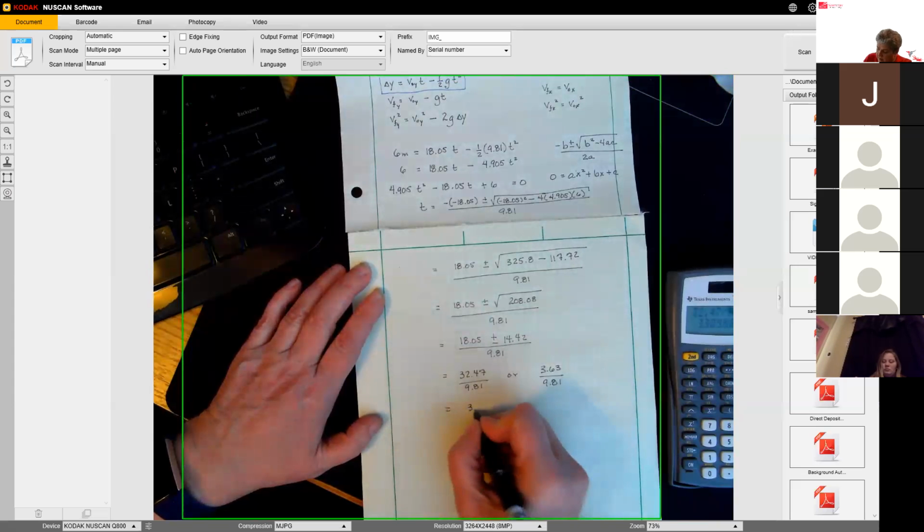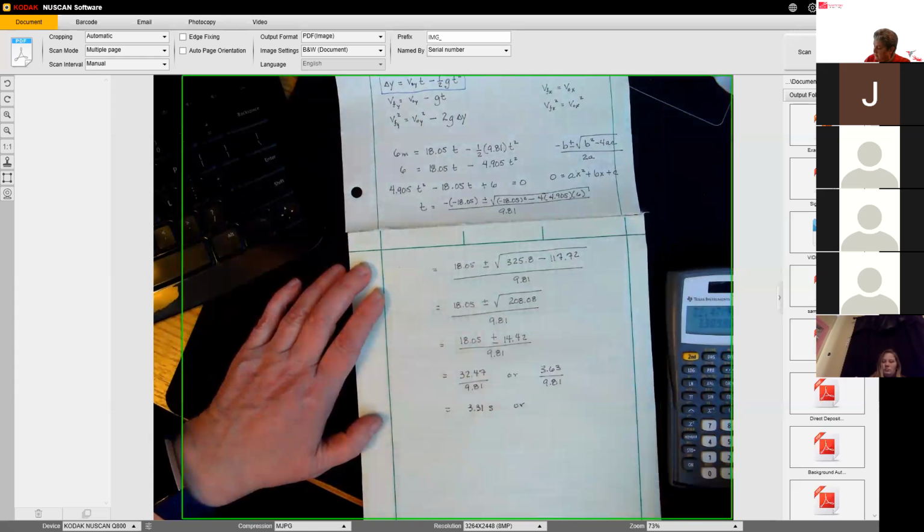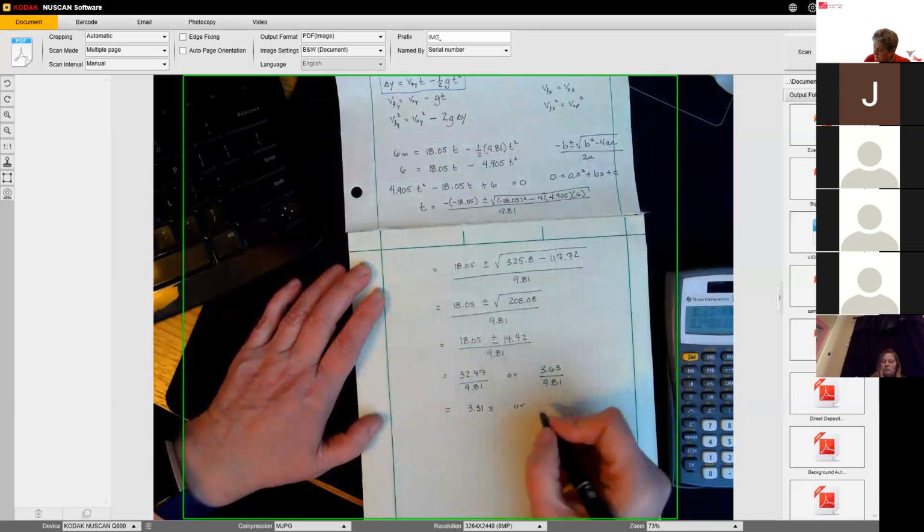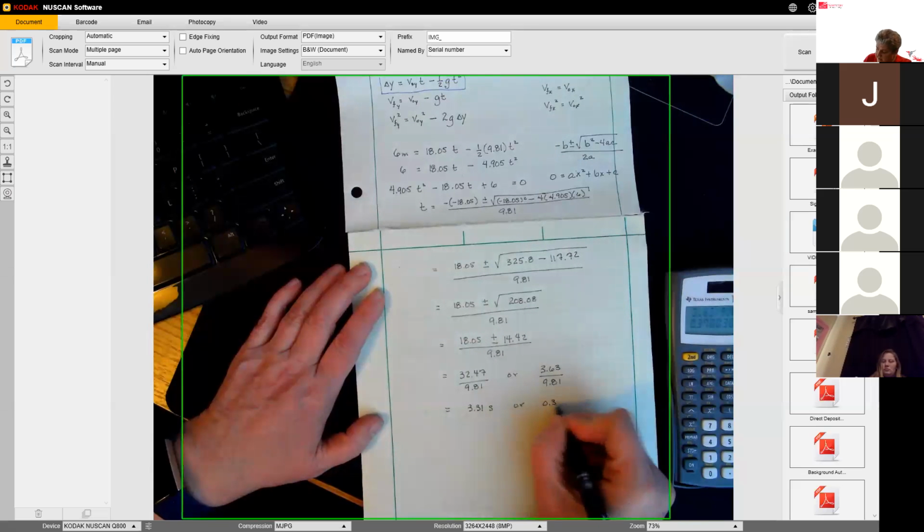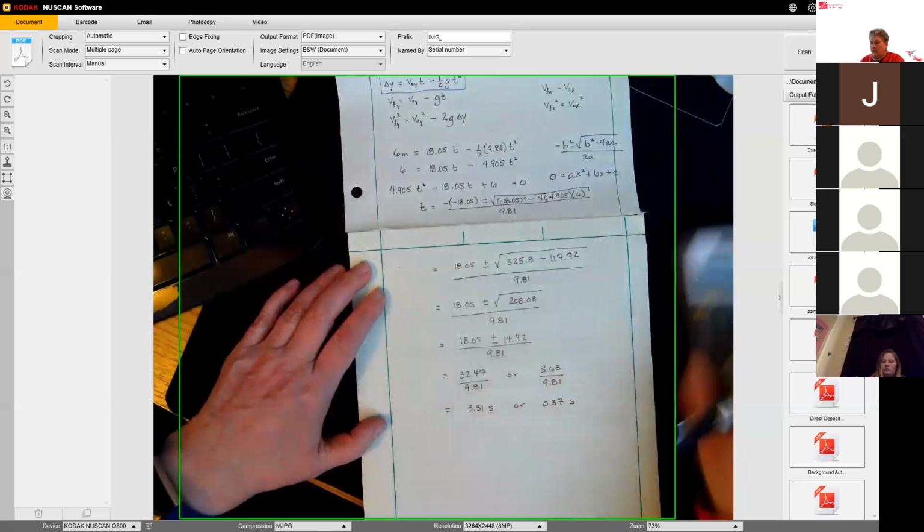Gives me 3.31 seconds, or 0.37 seconds. So if I'm looking at my picture here,